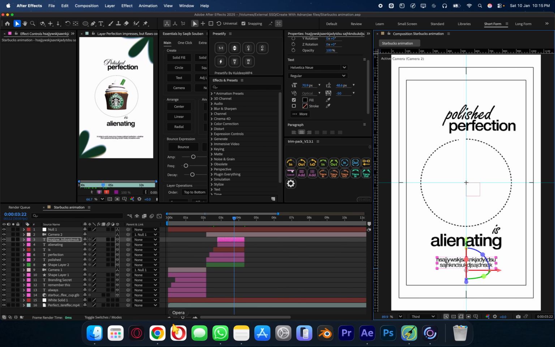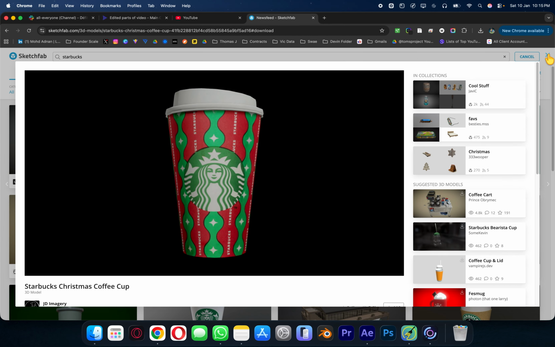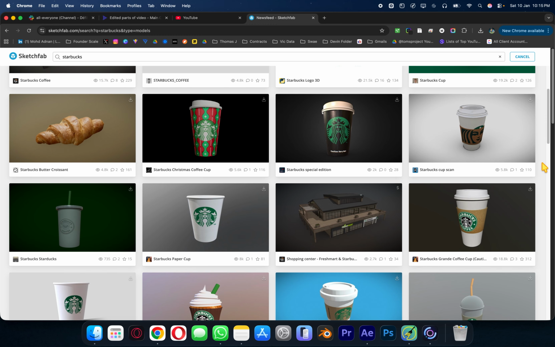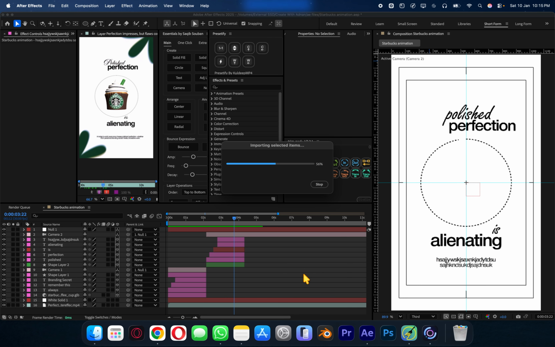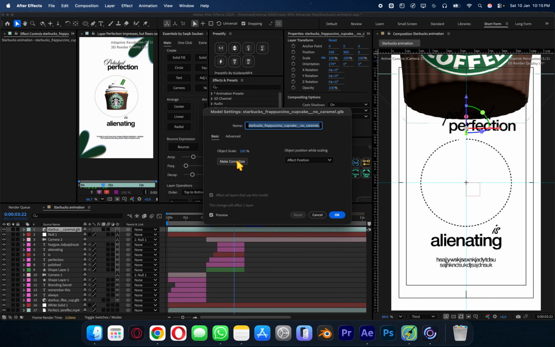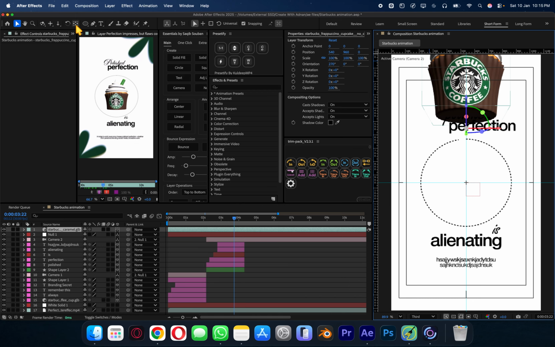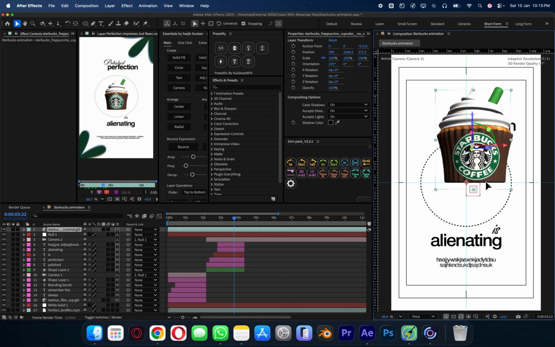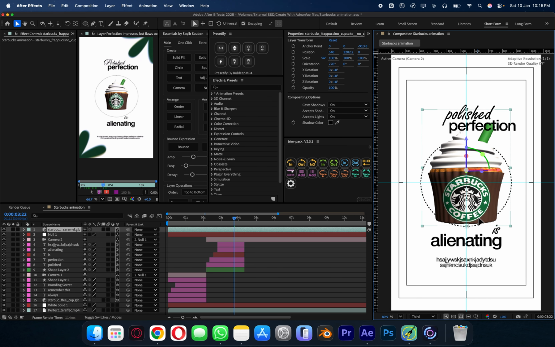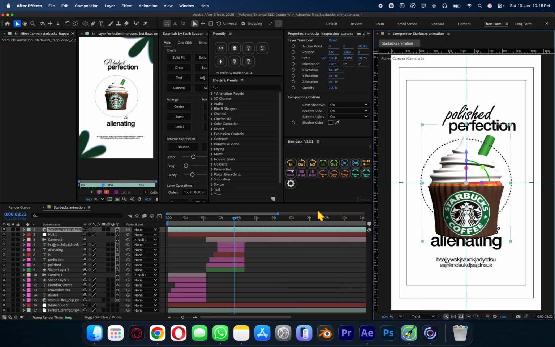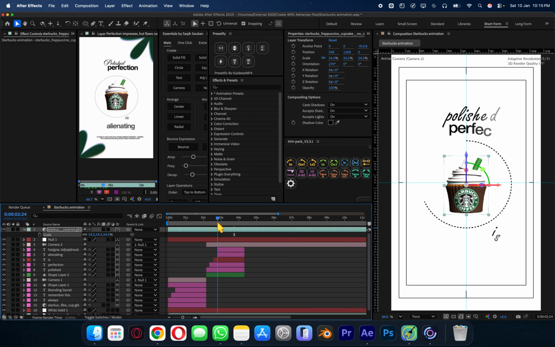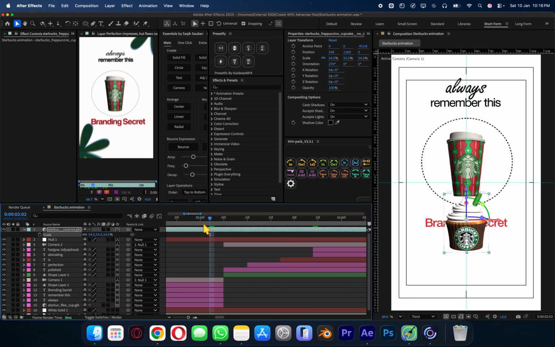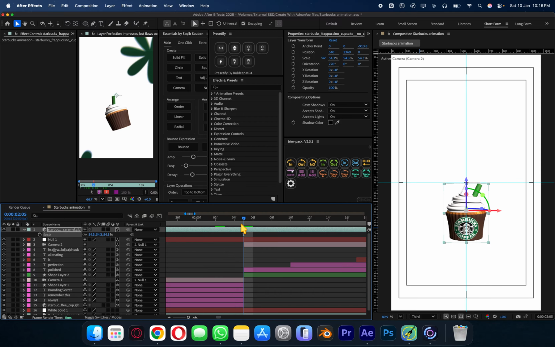And let's just find Starbucks cupcake. So I think we will find it here. So let's just see. Okay, here you go. We don't have to search. So let's just put it in the timeline and make sure to make it comp size. Okay, somewhere here, and make sure it's inside somewhere here. Okay, and make a cut here,